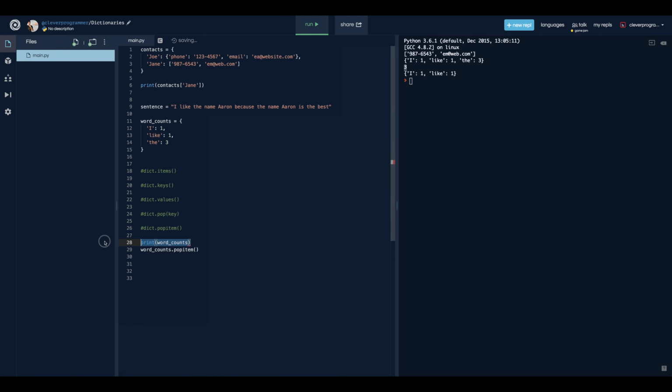Print word counts like that, and let's do this twice. Boom, boom. So this is actually going to pop a random thing from this. It's either gonna pop this one or this one or this one. It's just random. I don't know how the computer determines that, but it's just random. So if all you wanted to do was get rid of one thing, then you could do it that way. Or you could run pop item 3 times, and each time you go through it,